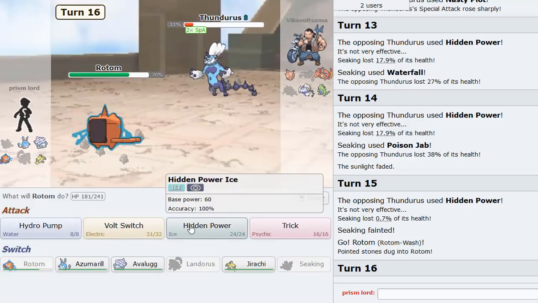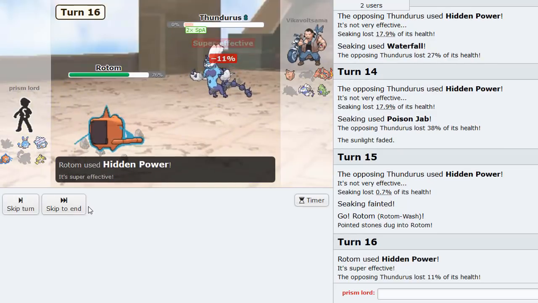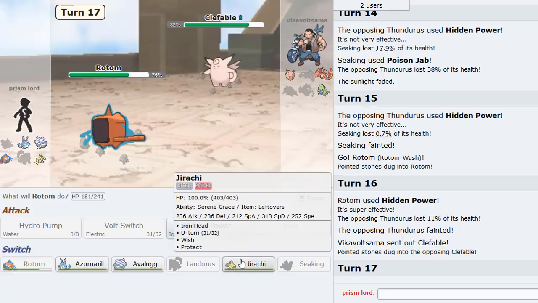Let me go here into my Rotom. Pop him with a Hidden Power Ice. He can't switch out. Seaking put him in the range where he cannot switch out, so we're gonna knock him out right there. Nice, nice. And now I think he goes into his Clefable. We get to go right into our Jirachi,